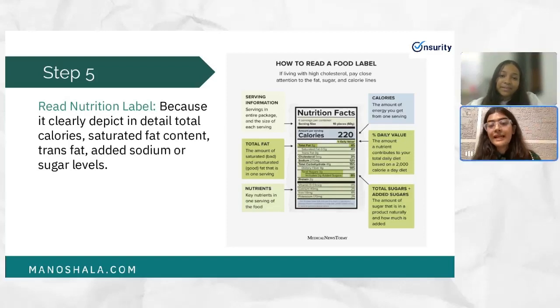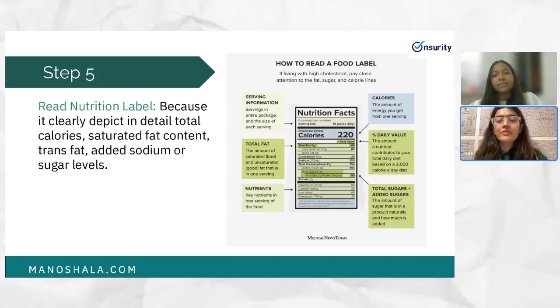So the healthier brands like Tags definitely say that it is air fried, but we have to check its fat content as well as the calorie content, and its ingredient list as well. If it has a huge list of ingredients, then again it's not good, because too many additives and preservatives are again not good. So any packaged food you are taking,